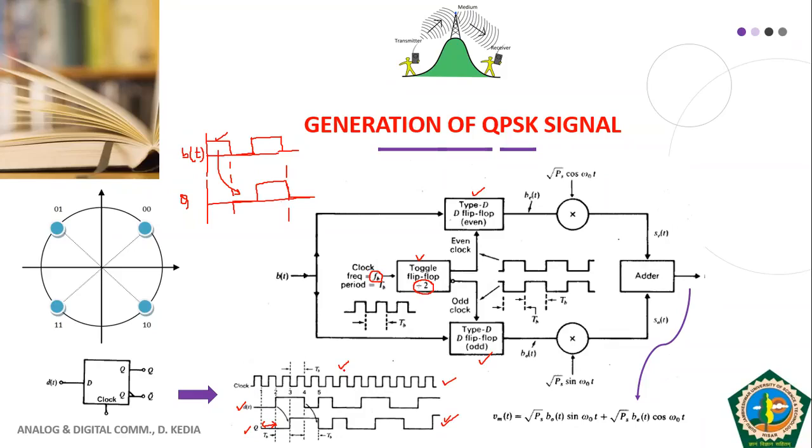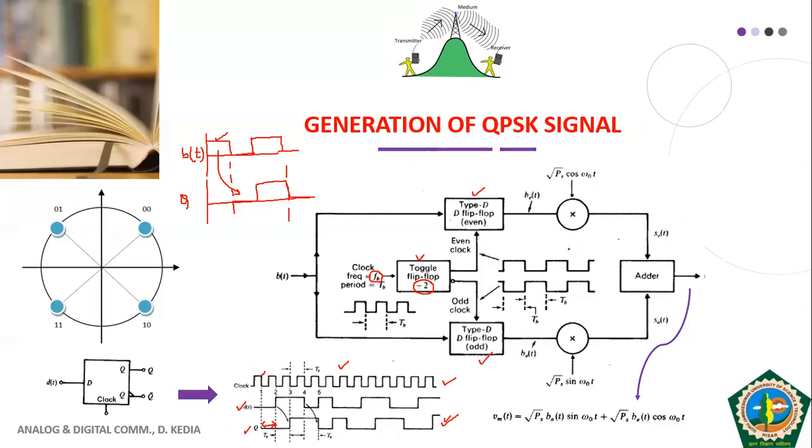Okay, so if you remember this concept that during every transition of the active edge of the clock, there will be a change in the state of the flip-flop, then you will be able to find out that it gives us divide by 2 clock frequency. Fine. So with the help of toggle flip-flop, whatever clock frequency is there, we divide its frequency by 2. It means we are decreasing the frequency. Decreasing the frequency means we are increasing the clock period.